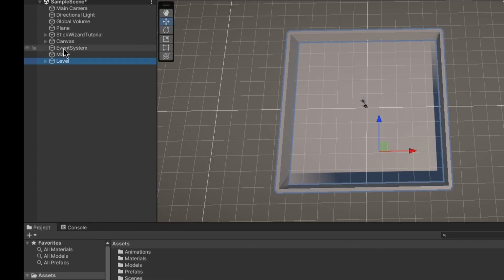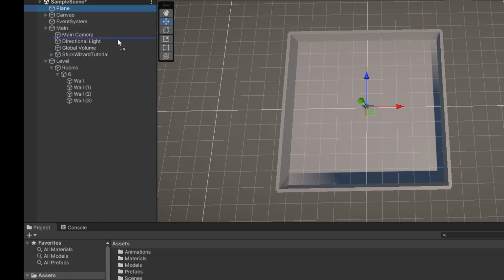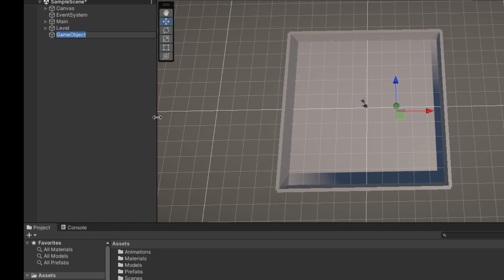And so we'll put the level below the main, and we're going to take the camera, the light, the volume, and the character, and we're going to put that into the main, and this plane can actually go into room 6. Okay, and then we're going to right click again, and we're going to create another object, and it's going to